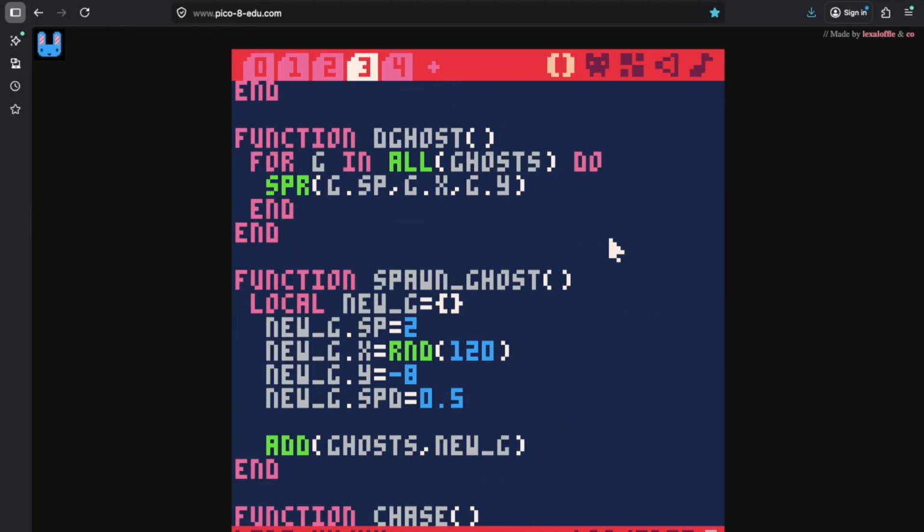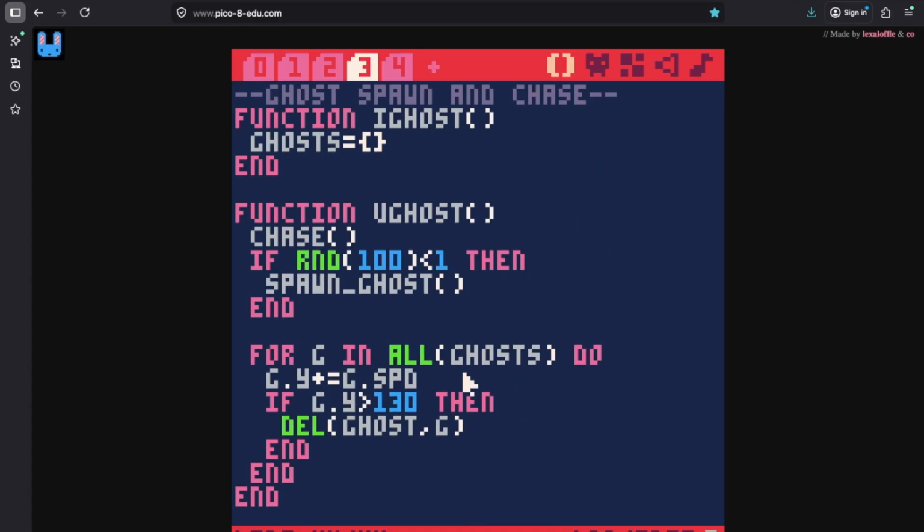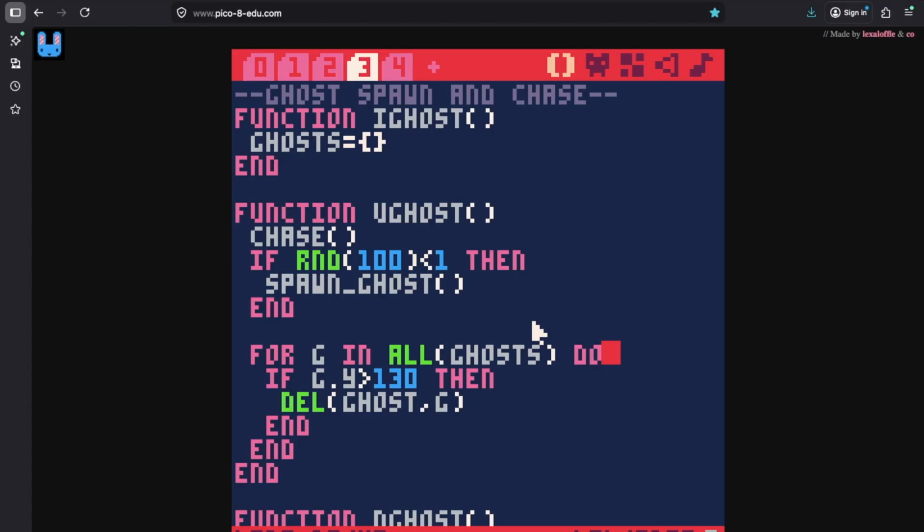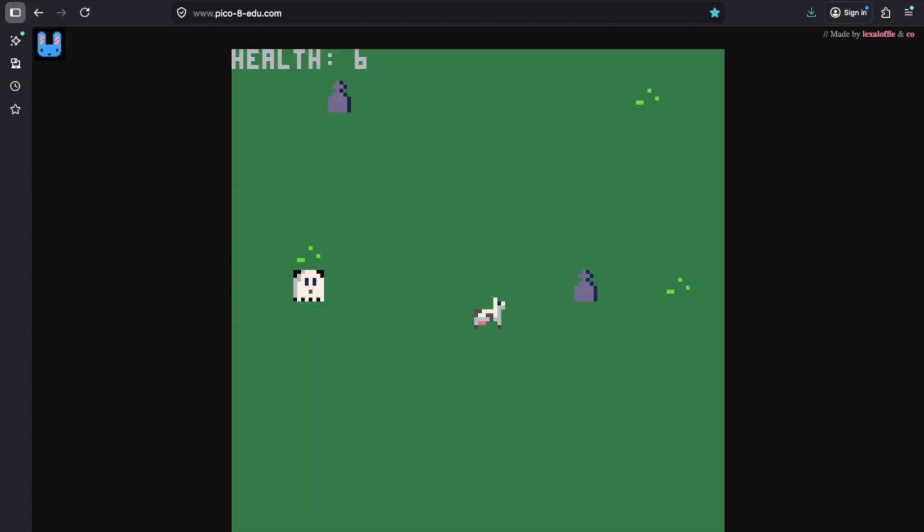Something up here. Here, in this one for the updating function, it used to add that code to make the ghost go down like you saw earlier in the video, but since I want them to be able to go back up, deleting that line should allow them to move up on the y-axis instead of constantly moving down on it. Let's see. And that works. They can now go up and down on the y-axis. Awesome.